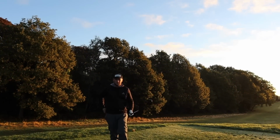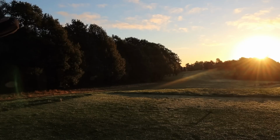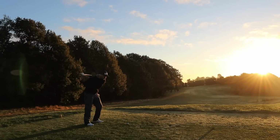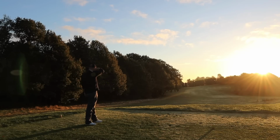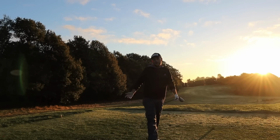Correct. Can you watch this, please? I'll try my best. Straight into the sun, as we always do, his best to get a shot tracer on these. Just out to the right a bit, but it should be safe. Right into the sun you went there. Struck it well. Yeah? Take the positives. No idea where it is, but...